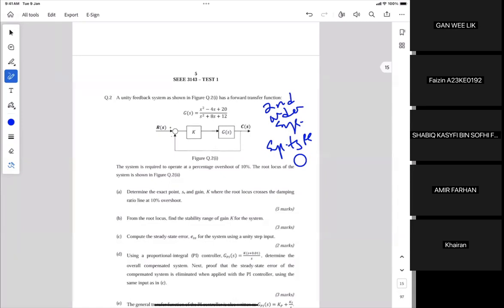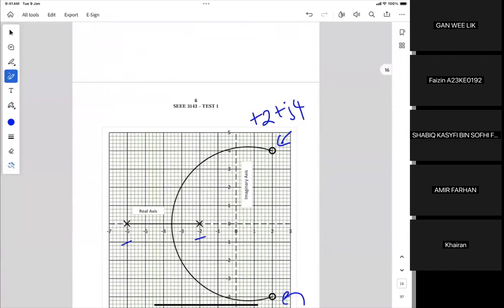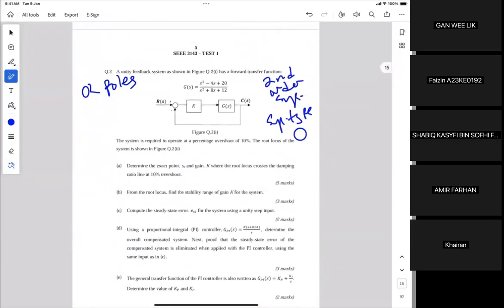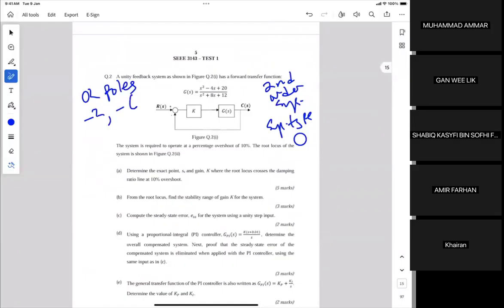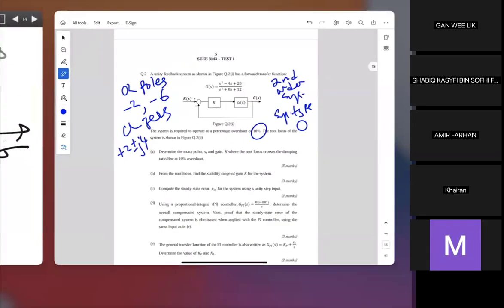Right. Apa dia punya open loop poles? Open loop poles. -2, -6. Open loop zeros. Okay. Overshoot percentage 10%. Okay. So if 10%,